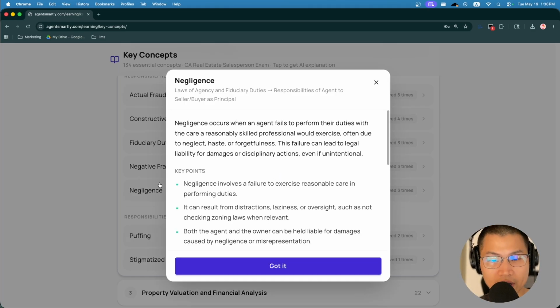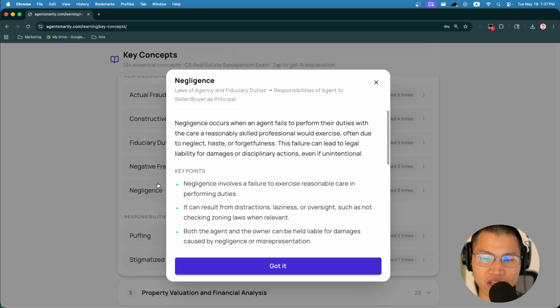Negligence means when an agent fails to perform their duties with reasonable care and professional skill, often due to forgetfulness. The failure can lead to legal liability for damages or disciplinary actions, even unintentionally.